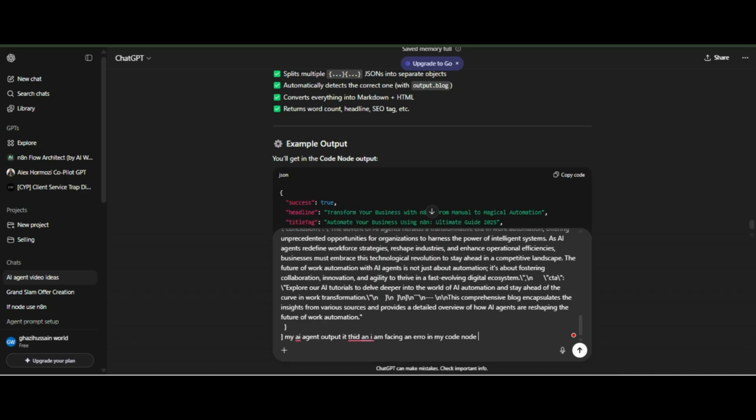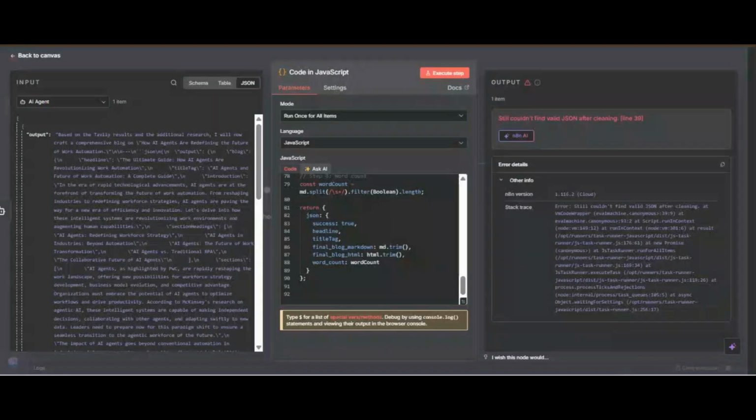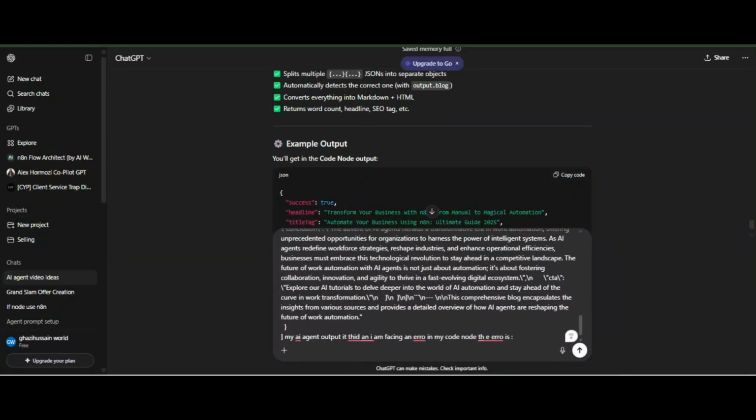The error is, so I copy this error and I give it back to ChatGPT.